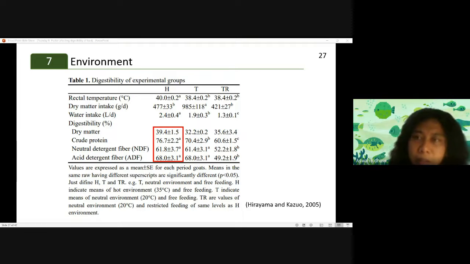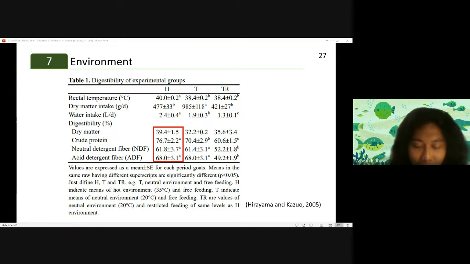Professor, yes. I was thinking like this, whether this is right or not. Related to the crude protein in high temperature being higher compared with the other two treatments, I was thinking that if we provide the concentrate and then the